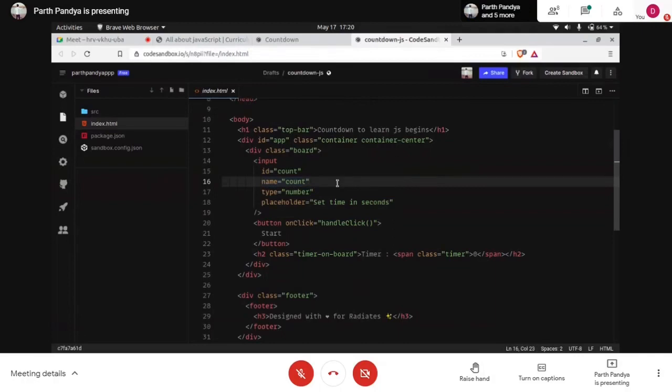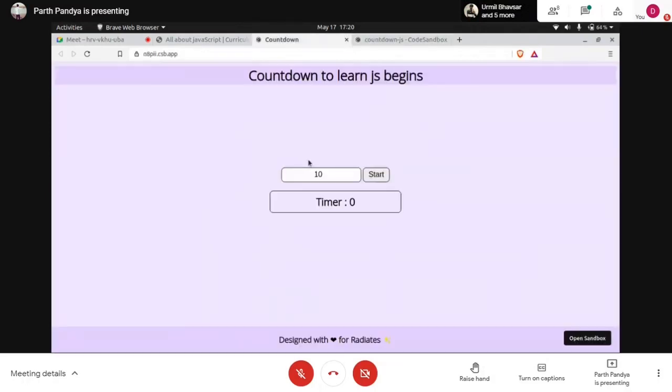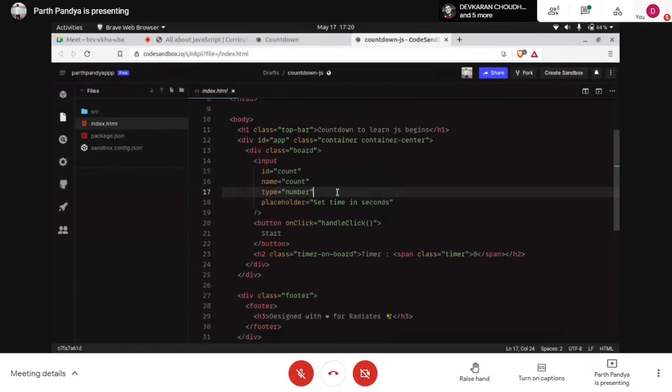What is this input meant for? So it is named count. The type of this input element is number. So if I type any alphabet, it will not take any input. It will only take numbers, because we have defined the type as number beforehand.